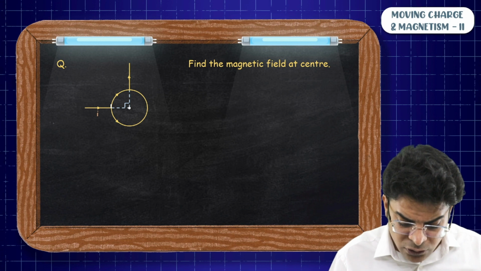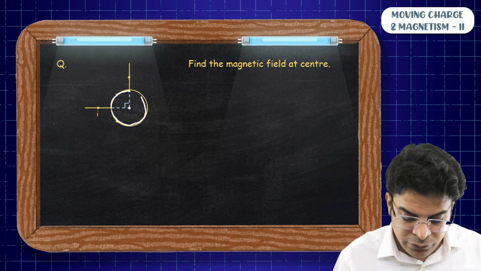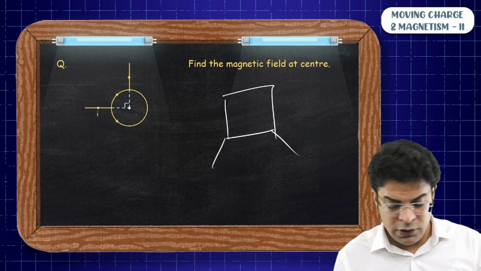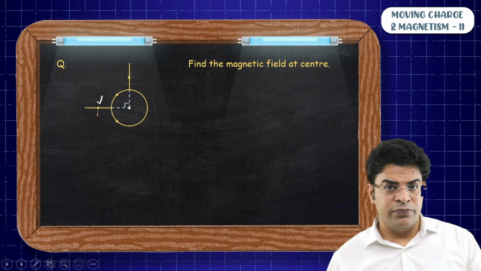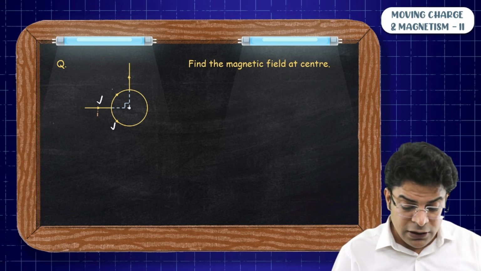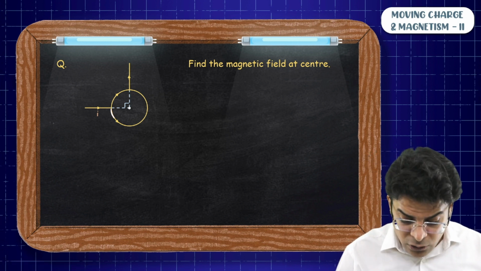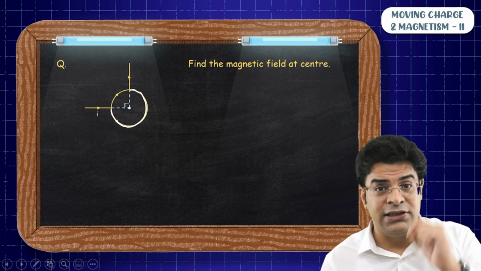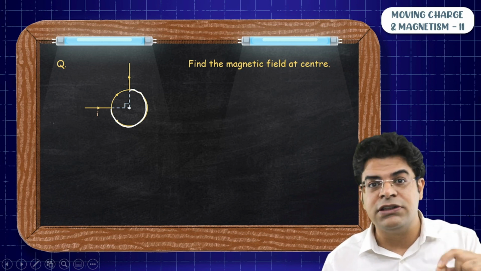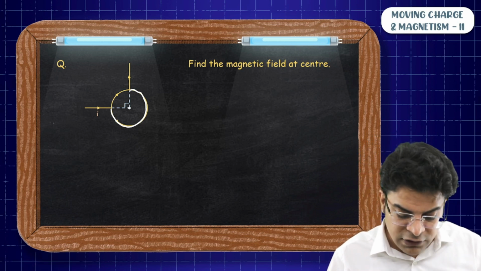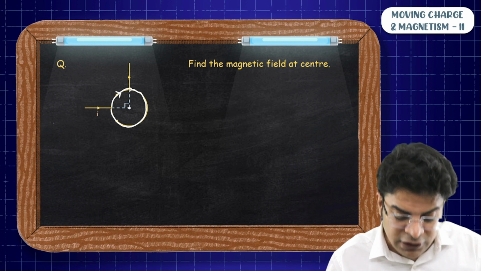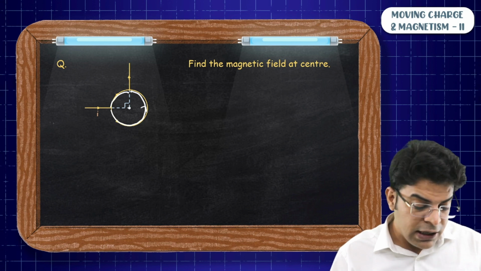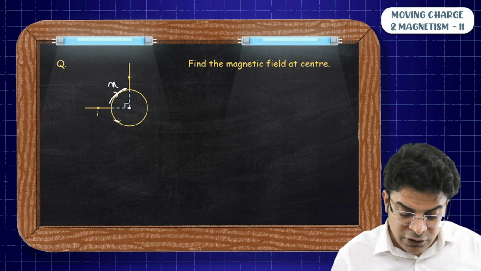Now, we need to understand the other two parts. It's the same case as that of the square. When the current I approaches here, it gets divided into 2 parts. Some part goes here, some part goes here. This lower part has got 3 times the length, so it has got 3 times the resistance. If it has got 3 times the resistance, only 1/3 of the current will flow through it compared to the other one. So if the current going here is X, current going here will be X by 3.